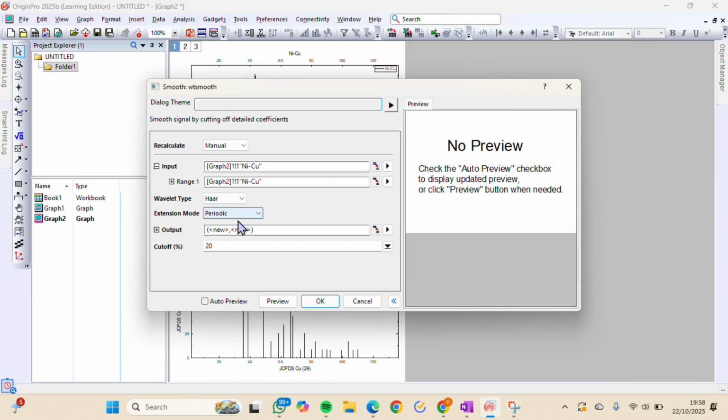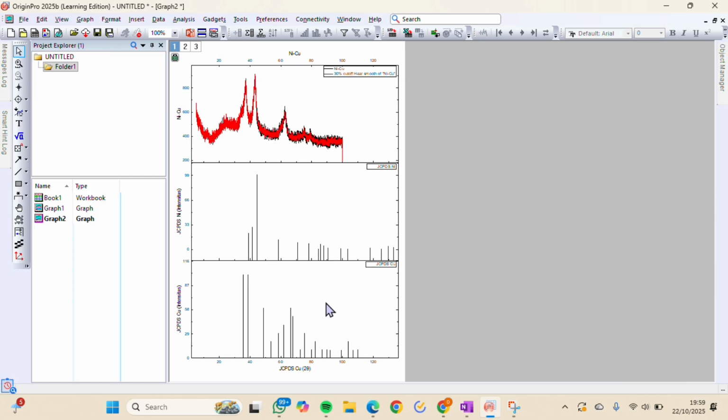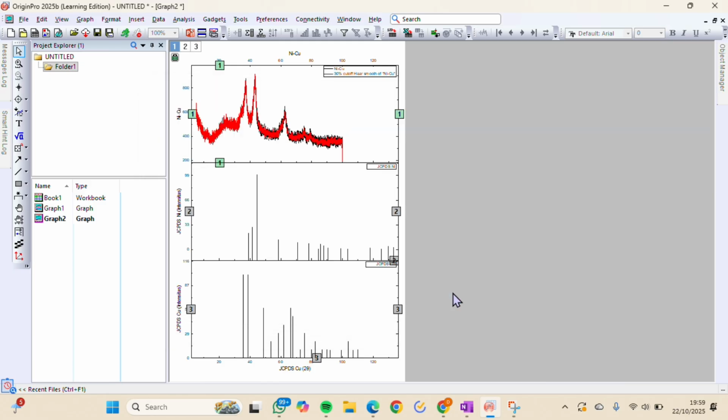And we change the cutoff with 30 and we click the preview and we cut this graphic. It's changed into two color, red and black, and then after this we click the graph and we uncheck the book first, and then we click OK and we get the graph is only red color.